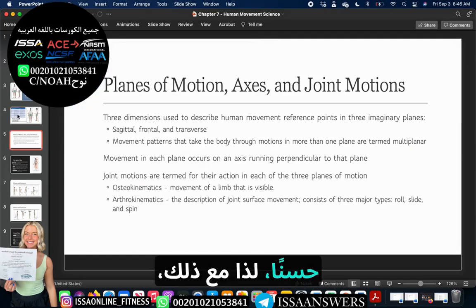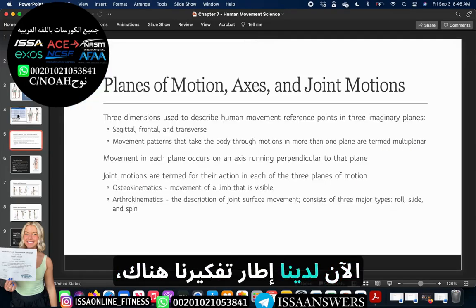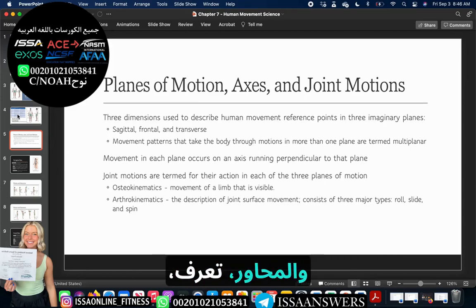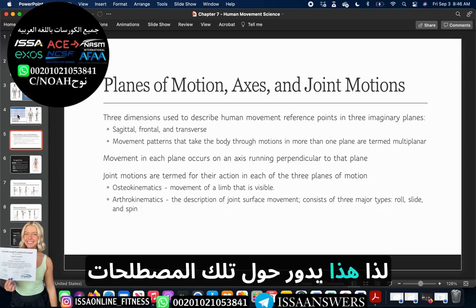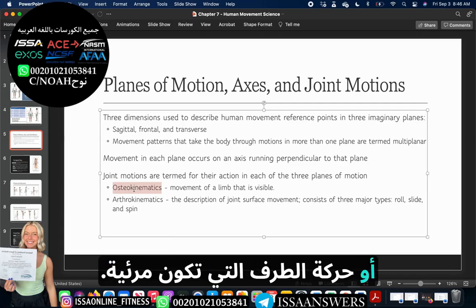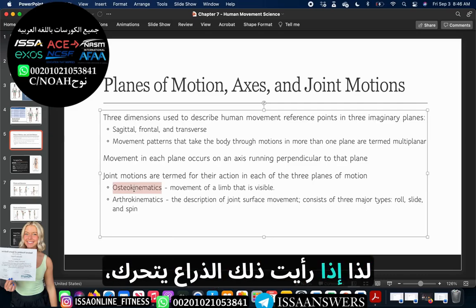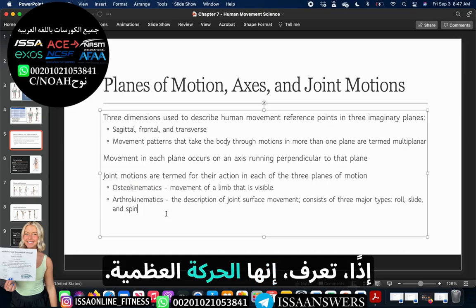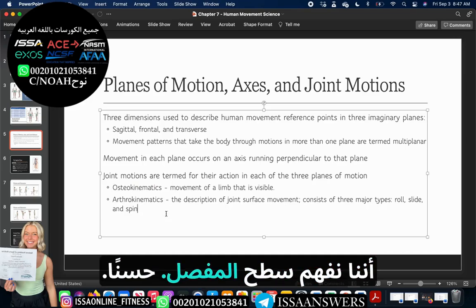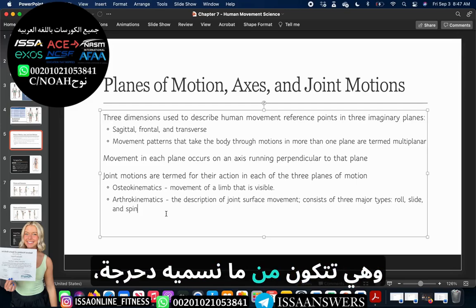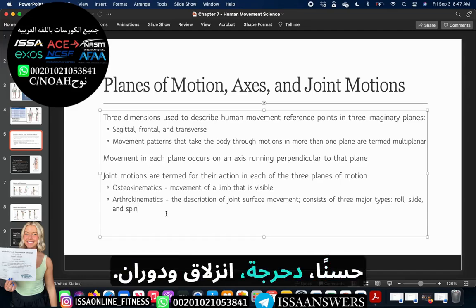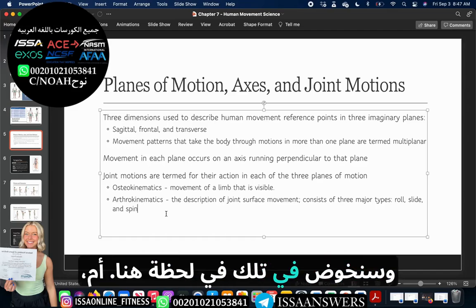All right, so with that, now we have our frame of mind there. Let's talk about a lot of different factors like planes of motion and axes and joint motions. So this revolves around those terms down here on the bottom. Osteokinematics, or the movement of a limb that's visible. So if you see that arm move, then it's osteokinematics. Arthrokinematics is making sure that we understand the joint surface, all right? And arthrokinematics consists of what we would call a roll, a slide, and a spin. Okay, a roll, a slide, and a spin, and we'll get into those in a second here,